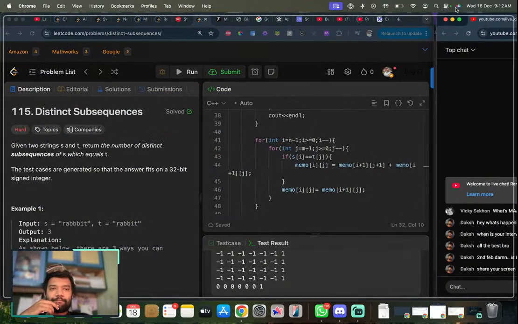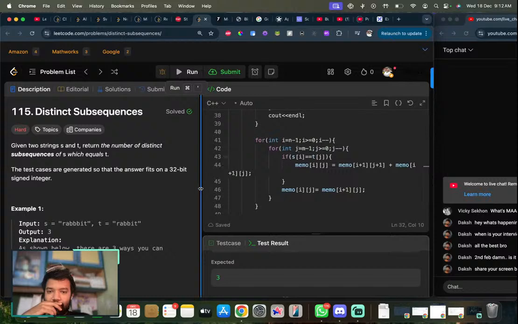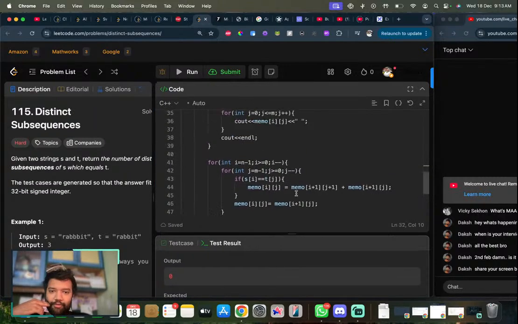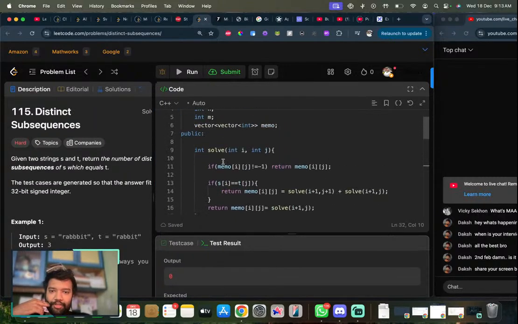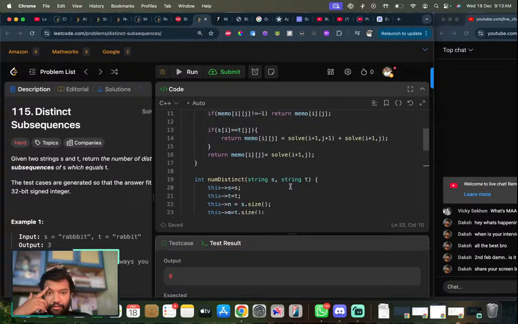So I wrote a top-down solution. I wrote a bottom-up solution which was working, but the top-down is not working. So that's the issue right now that I'm solving for. This was the bottom-up solution, which was easy. But